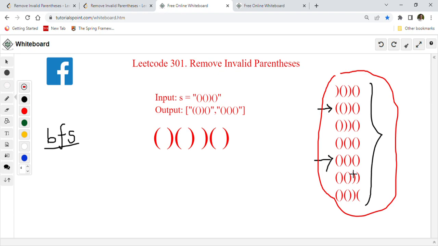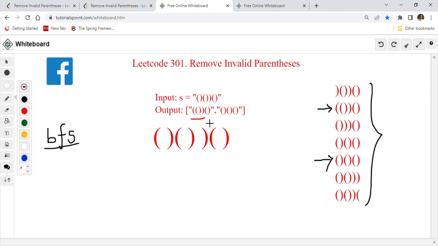So if I find one string for my output, I will still process the other strings for that iteration, irrespective of how many valid parentheses I find. And then I will create one flag that will tell me that I already found the answer. So if this result list I'll create gets populated,